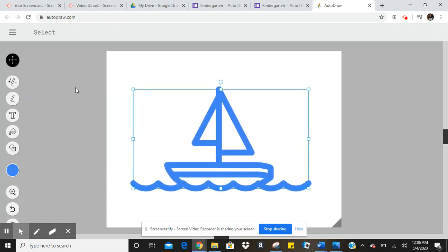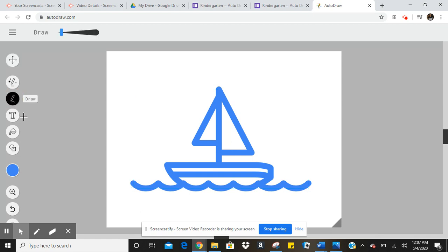That looks good. So now I'm going to go to the Draw tool, which is just the pencil without the stars, and I'm going to go ahead and finish drawing my waves. Now if I just start drawing, that pencil line is pretty thin, so if I come up here to the top left corner, the brush stroke I can make thicker by dragging that tool, and I'll just go ahead and make that thicker like that, and then I'll just draw it over here